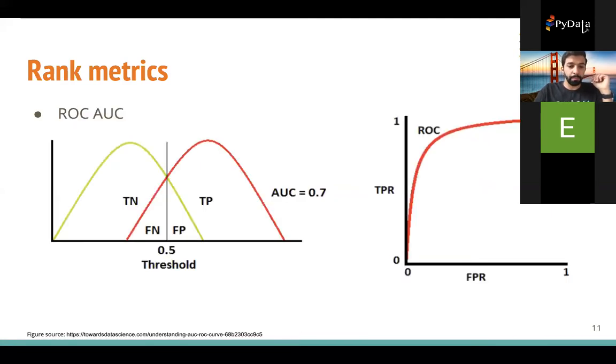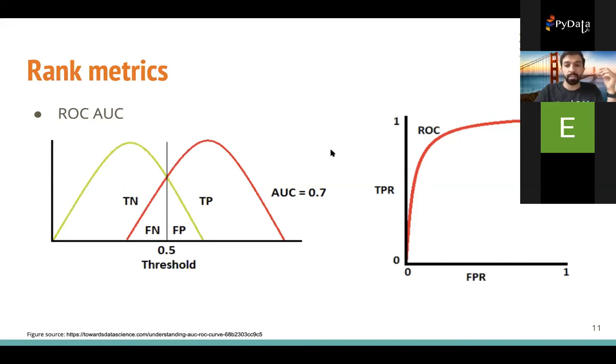Before I go to another metric, you can see why this metric may not be good for imbalanced data sets, because you can have a lot of the true positives, slightly towards the left, but still the false positive rate is going to be 0 because it's heavily weighted towards 0 in the denominator because of the large size of the negative class. So basically the curve is going to be very sharp here, and only when the threshold is at a very low value will the false positive rate increase. But once it does, the true positive rate is also going to heavily increase.